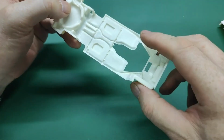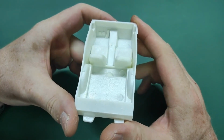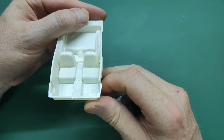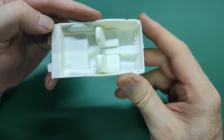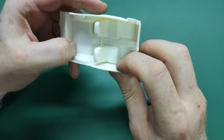Then the interior looks like this. See 2 seats. You see that the pedals are molded in right over here. Seats are molded in. Yeah, don't we all love that? But anyway, there they are. There's a center console also molded in, and there is a bit of a structure to the carpet. And there's also a bit of a beautiful